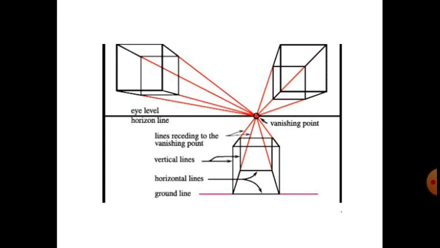Okay, the horizon line is also called the eye line. Okay, these red color lines are the projection lines which are coming out of it. Okay,